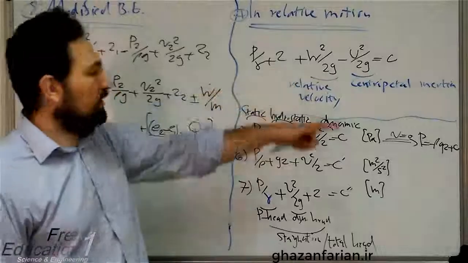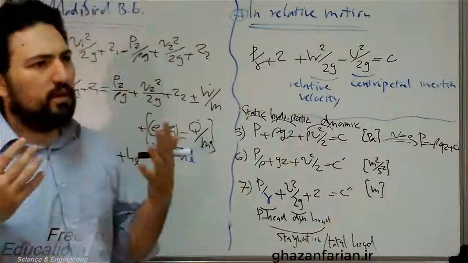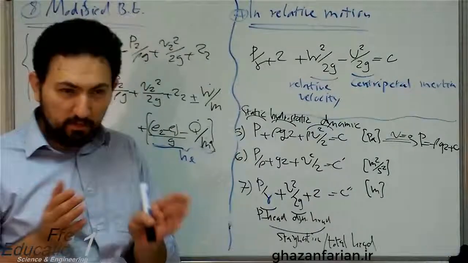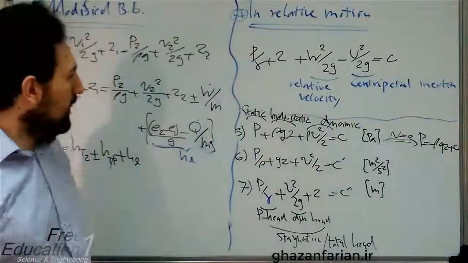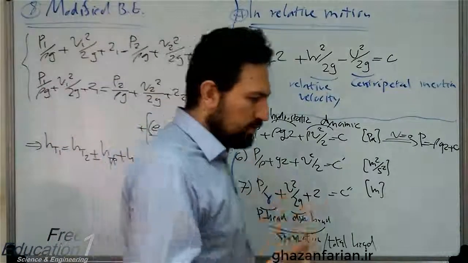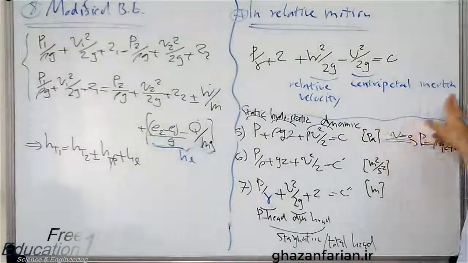W is the relative velocity, which shows the motion of the fluid between blades of the impeller, between the flow passages, between the blades. If the angular velocity of rotation of the pump reduces, the magnitude of the centripetal